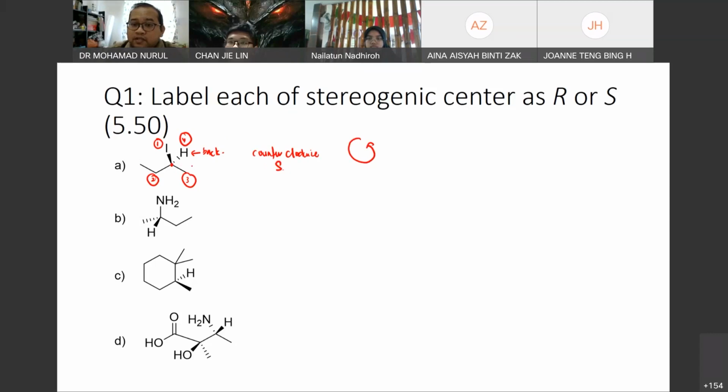So if you want to answer this kind of question, just label it like this as S configuration. Because if they have two stereogenic centers, and if you write S and R, I'm not sure which is S and which is R. It's better. Okay, so for the second one,